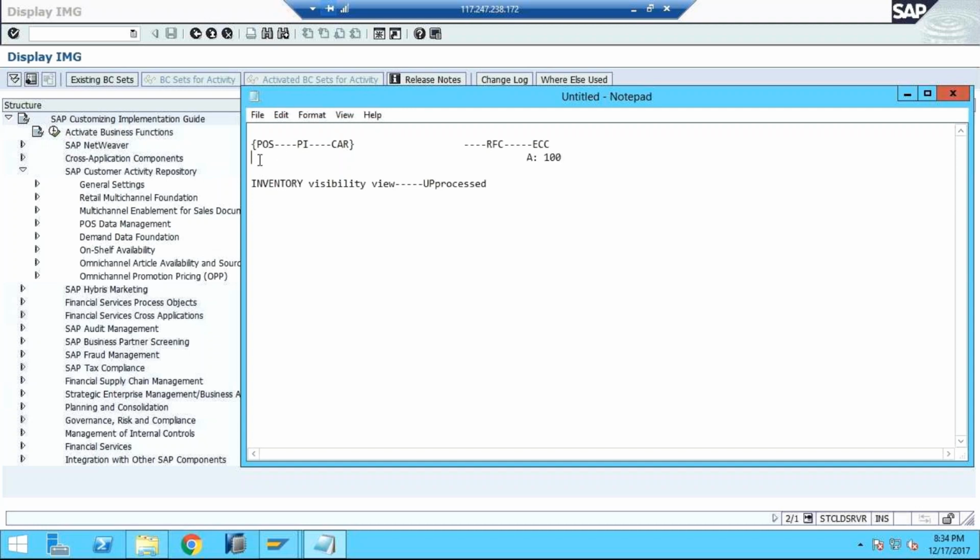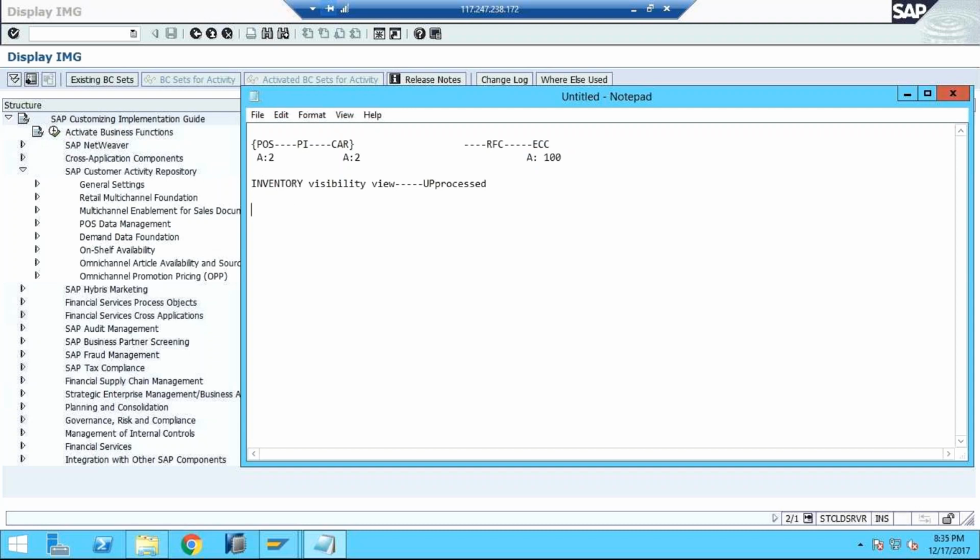Now in the POS system, 2 of article type A are sold out, and that sales information is replicated in CAR. So still you can see here that inventory is 100, and the same information is replicated into your